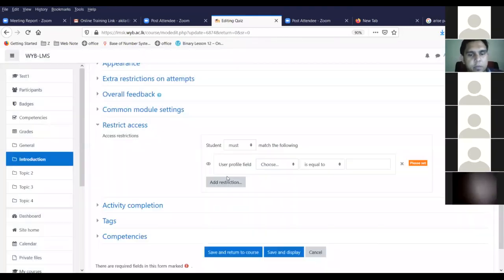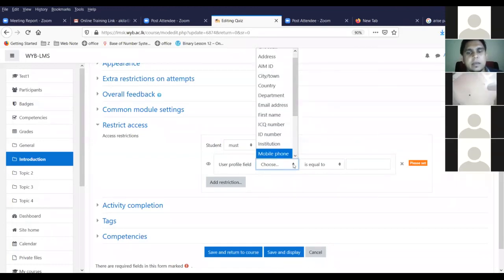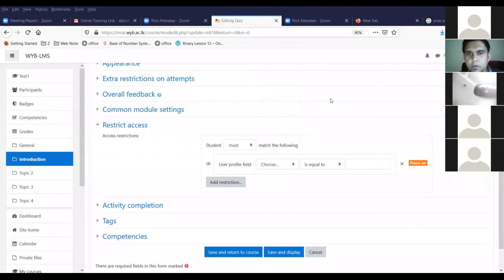So you can select user profile, and in that case you can say something greater than or equal, like that. So we can't select student by student and restrict them from accessing the quiz. There is no option still. I'll check on that, sir, and let you know. Okay, thank you. Still there is no such option. Okay.